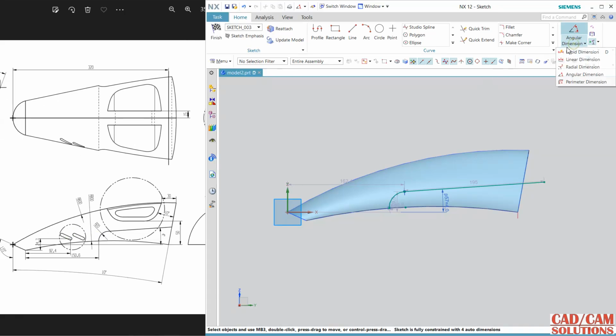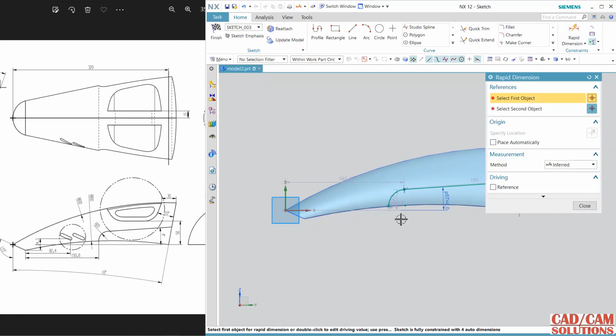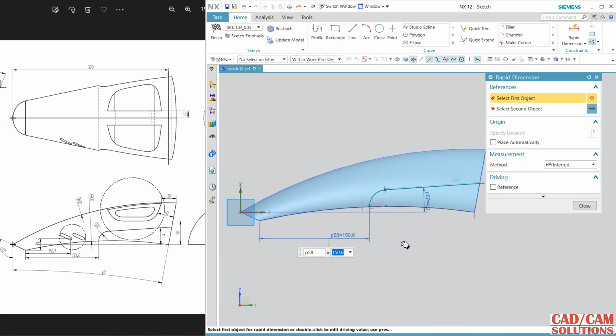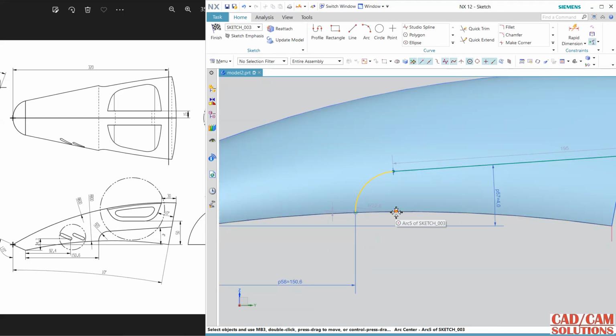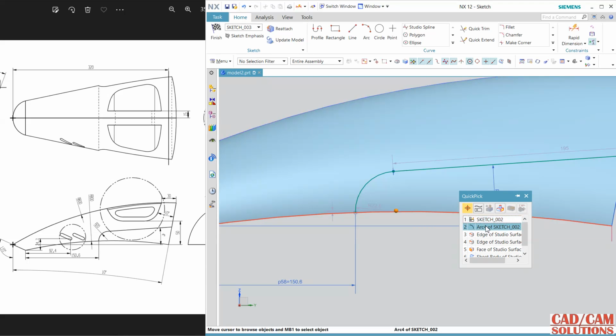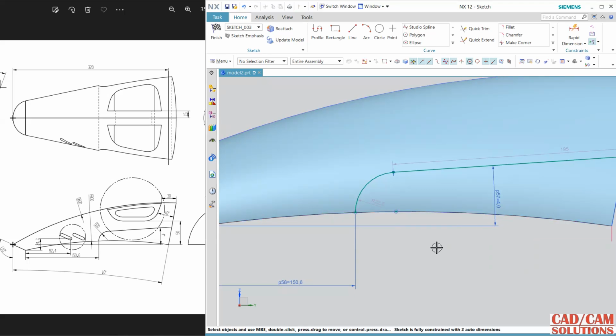and some more dimensions are there, 150 from this end point. So use this rapid, this point and this point. The horizontal gap is 150.6, right? And it is not matching properly. Make them constant, right?